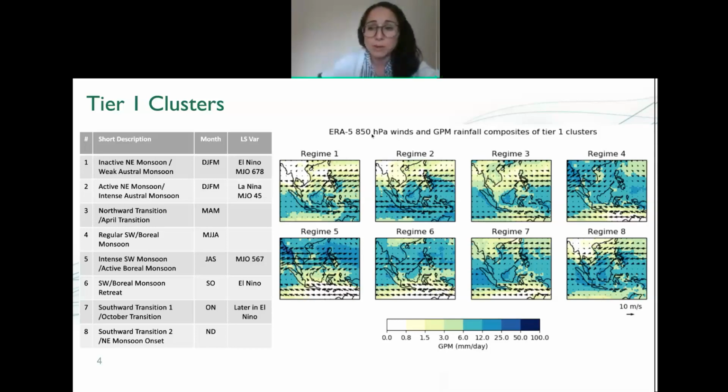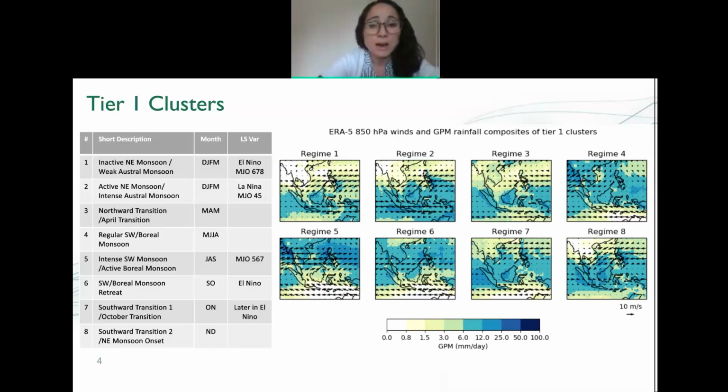So we have some patterns in which we're clearly seeing monsoon phases, such as in regime 4 and regime 5, and then we have some transition phases, such as the northward transition in regime 3 and southward transition in regime 7, and so on. But at the same time, we were able to see that these regimes are connected with known modes of variability, such as El Niño and MJO. And as we can see, hopefully, on the